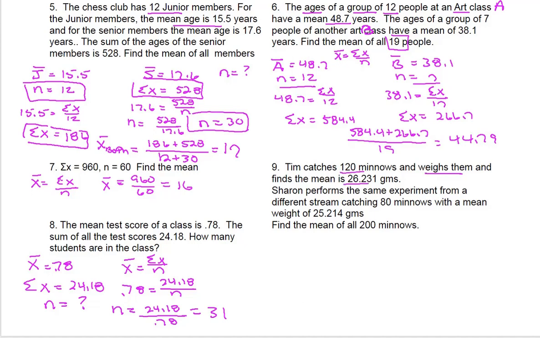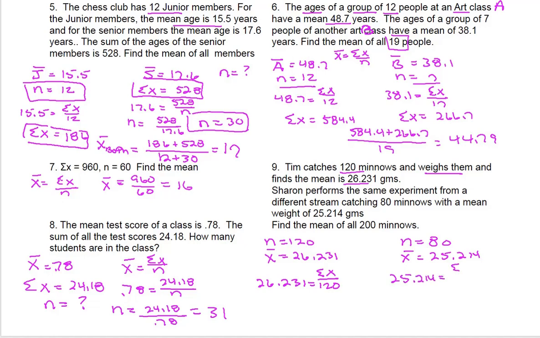Take a look at number 9 and do that on your own and start back up again when you're ready. Okay, hopefully you did that, because this is just going to be, again, 2 groups. We've got one group 120, the other group has got 80. We know both of their means, and so all we've got to do is figure out their corresponding sum of their x's. And so we set up the equation. When we do that, we find out the sum of all the x's for the first group is going to be